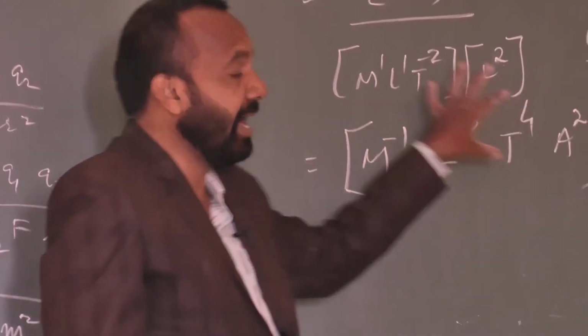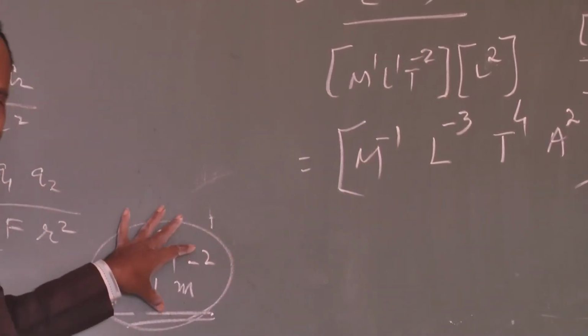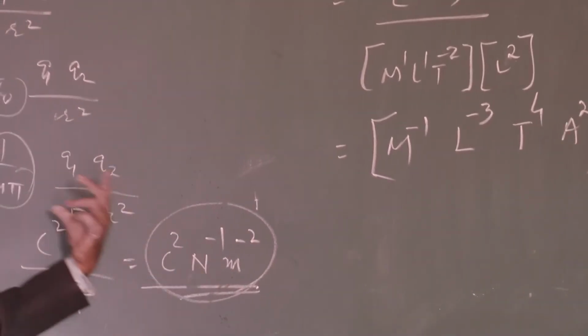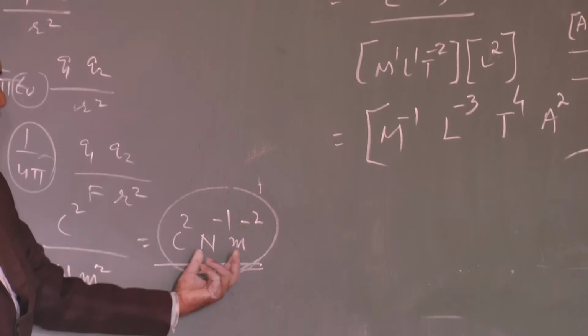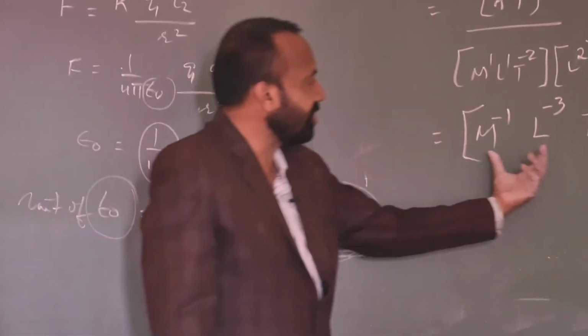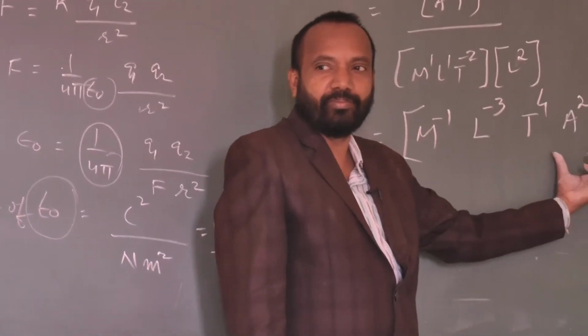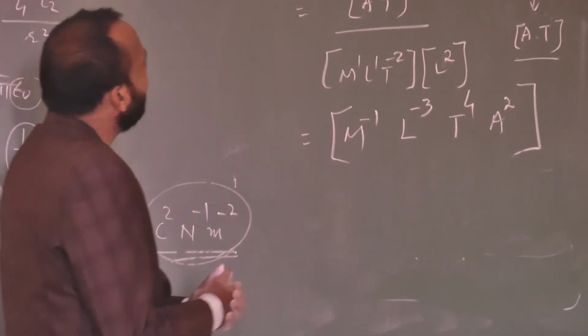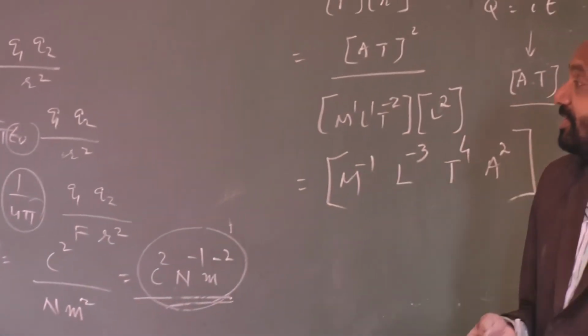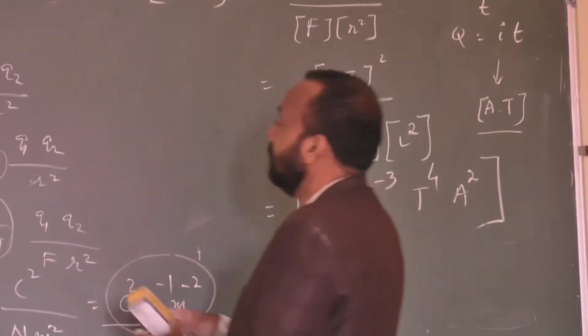Please remember, this is the unit of the permittivity, coulomb square per Newton per meter square, and this is the dimensional formula of the permittivity. It is very important to remember. Next, a very important thing is that let us calculate